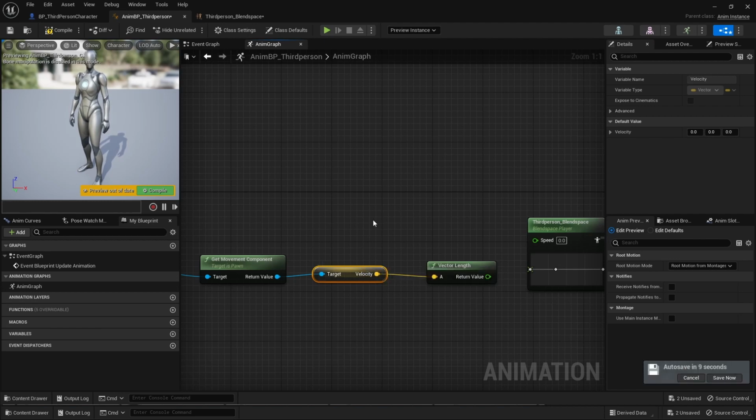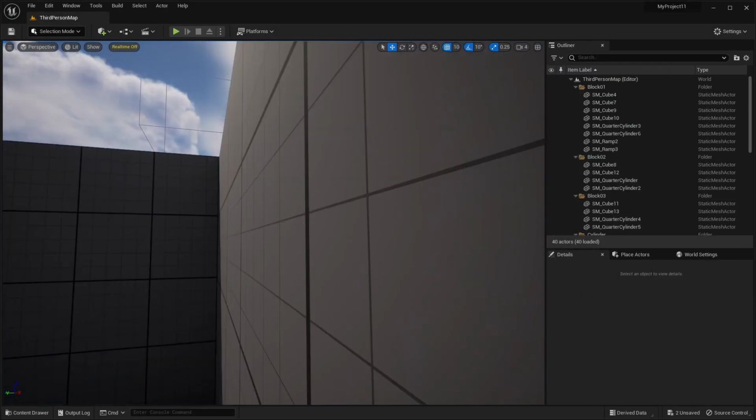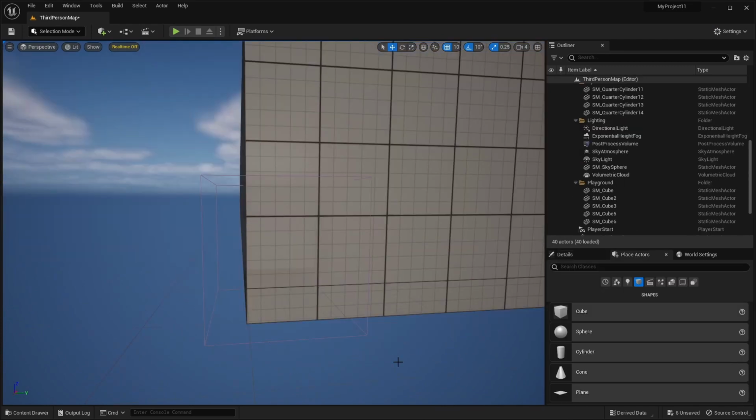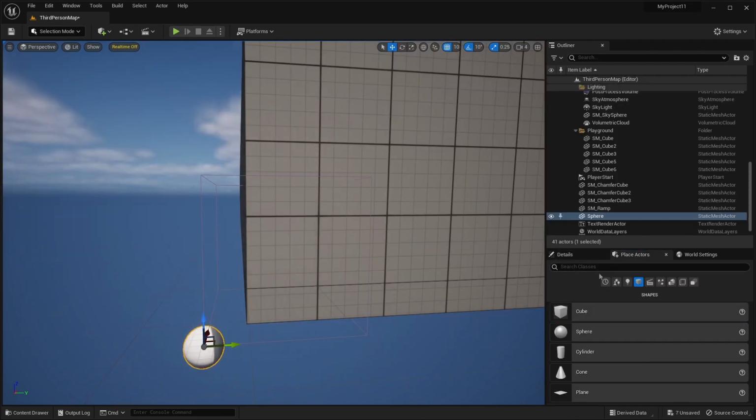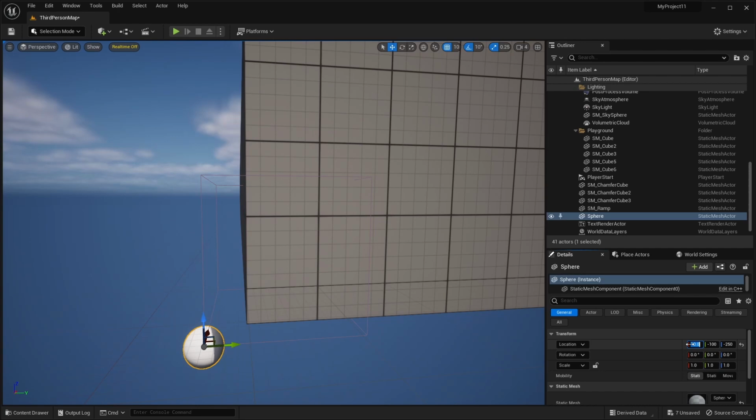But from a mathematical perspective, a vector is like, let's say we have the vector 5, 5, 5. Well, that is 5 units away from the origin on the x-axis, 5 units away from the origin on the y-axis, and 5 units away from the origin on the z-axis. And in this case, just for visualization purposes, if we add an object like a sphere and then put it